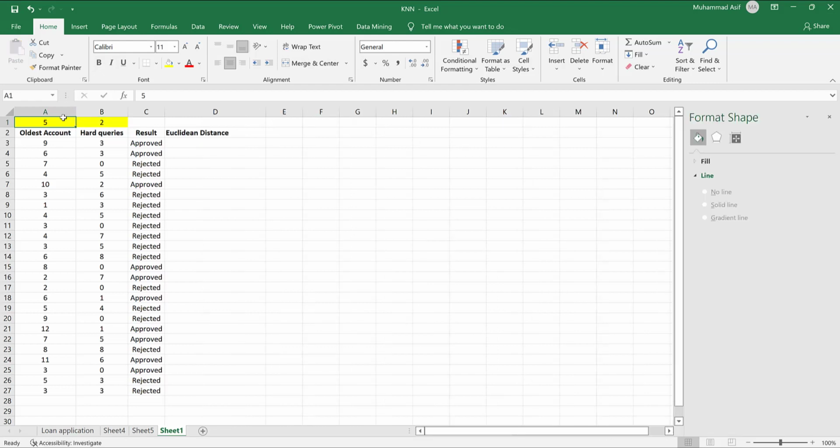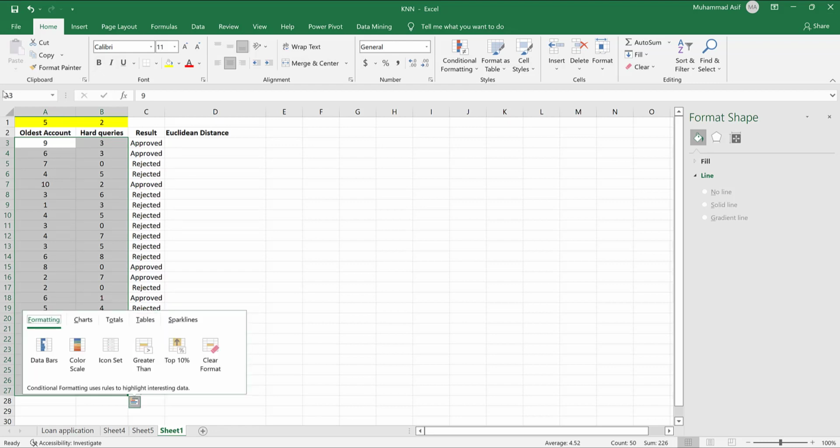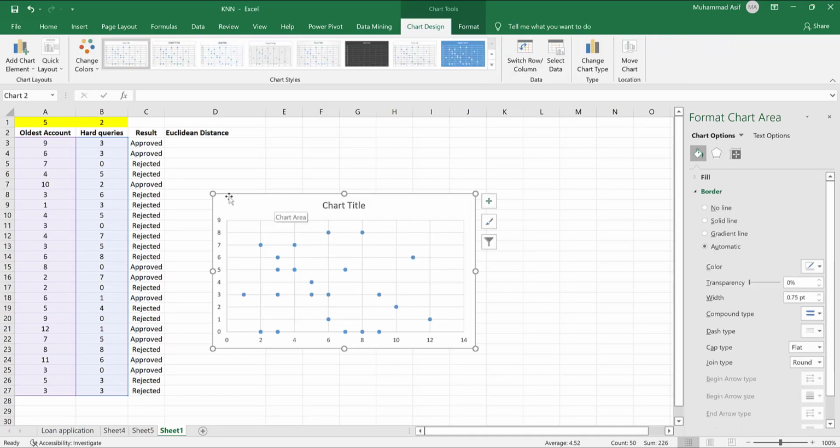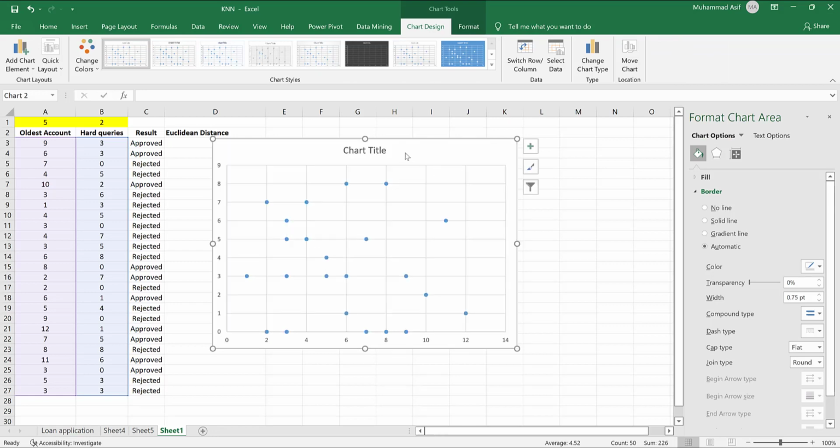The first step towards making a decision is to make a scatter plot that will give a visual idea of the distribution. I select this data and then press Ctrl Q, and that will give us some options. So one option is charts, and in it, here is the scatter plot. Now we need to refine it a little bit. So for instance, let's say the title will be credit card application,